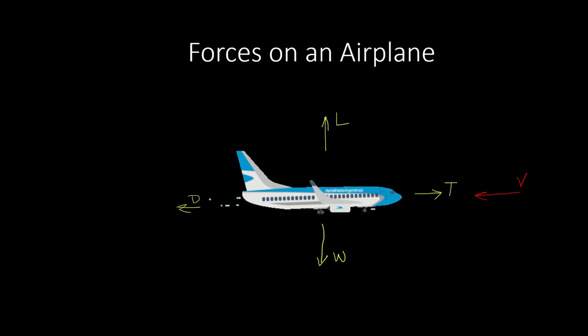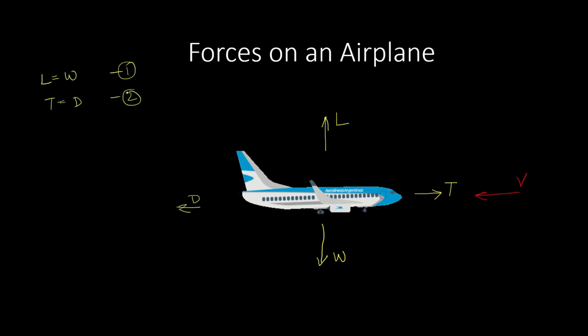So if we equate the forces in vertical direction, we'll get lift is equal to weight. This is our first equation. And thrust is equal to drag. This is our second equation. So this is the simplest case where the aircraft is neither accelerating nor decelerating, and it is cruising nicely at some velocity v. As Newton's first law of motion says, if there is no external force on any body, that body will remain at rest if it is at rest, or it will keep on moving with the same velocity at which it is moving. This satisfies Newton's first law of motion.